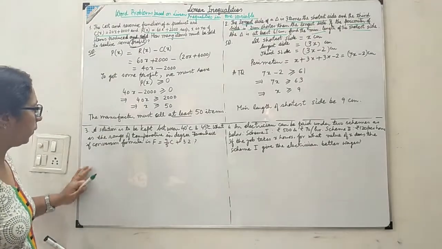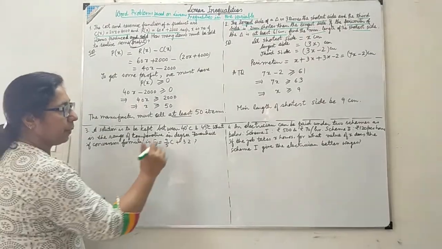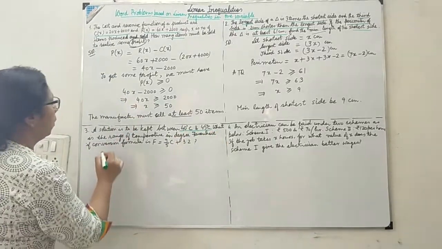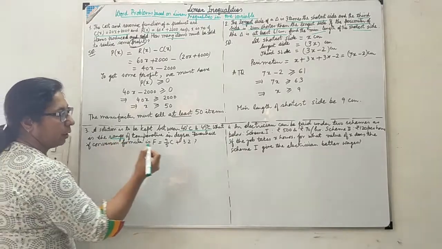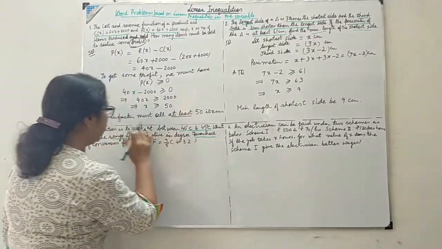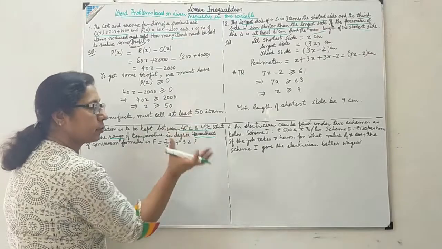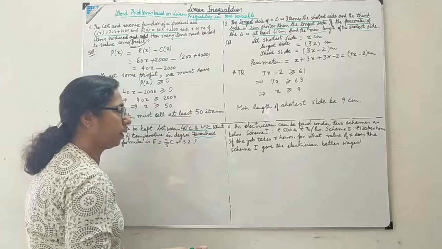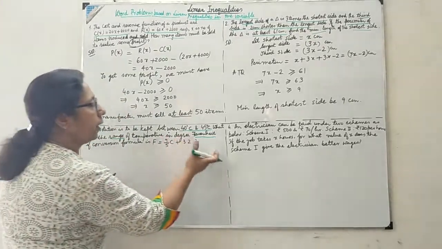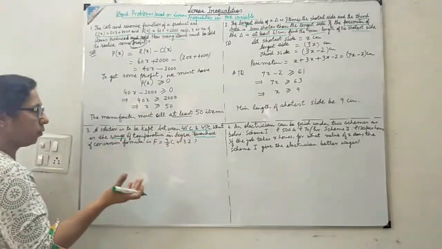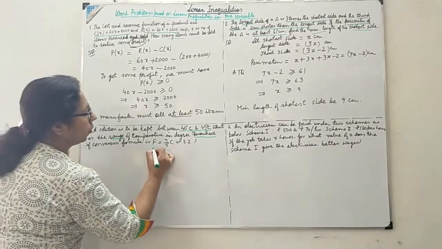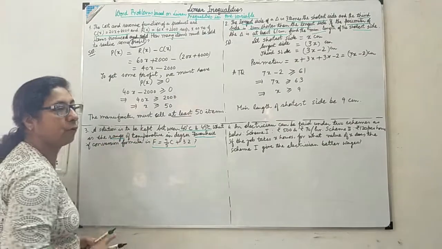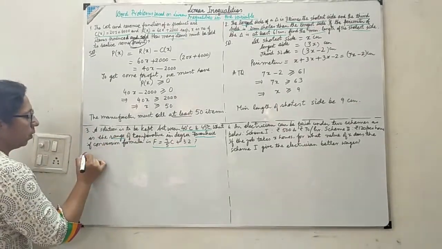Now here is the third question. A solution is to be kept between 40 degrees centigrade and 45 degrees centigrade. What is the range of temperature in degrees Fahrenheit? We are given the solution in centigrade. Its range is given, but we want to find the range of temperature in degrees Fahrenheit. You have already converted Fahrenheit into Celsius or Celsius into Fahrenheit in your lower classes. Now if the conversion formula is given as this, the difference here is that we are to find the range, so we will use inequality. See how?